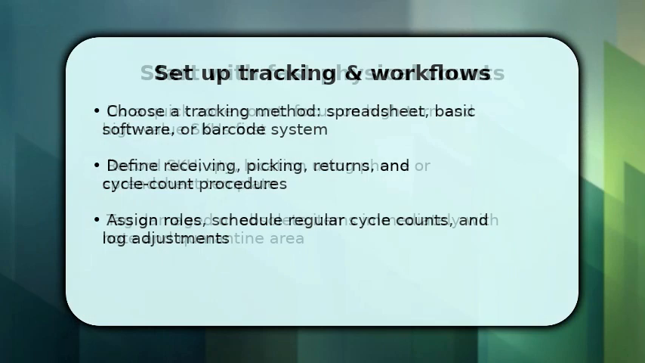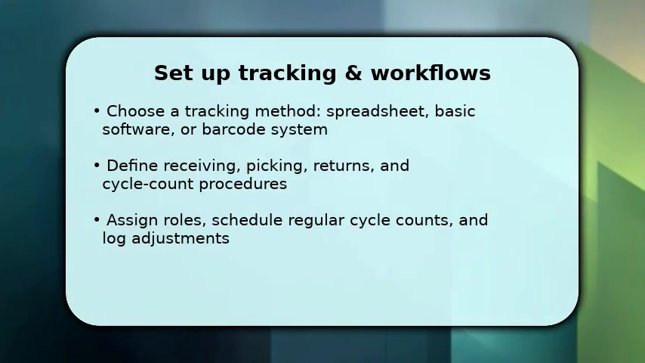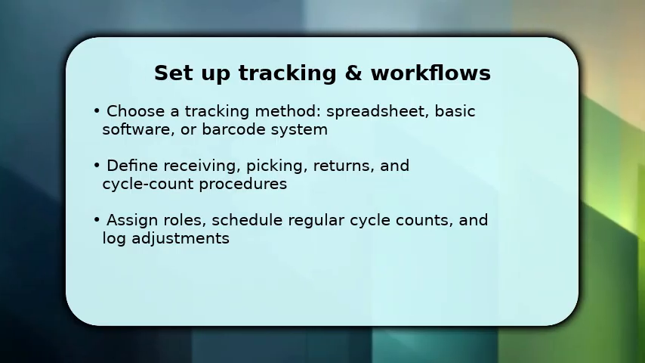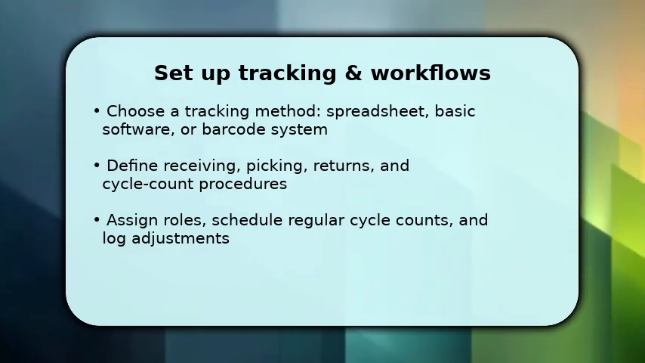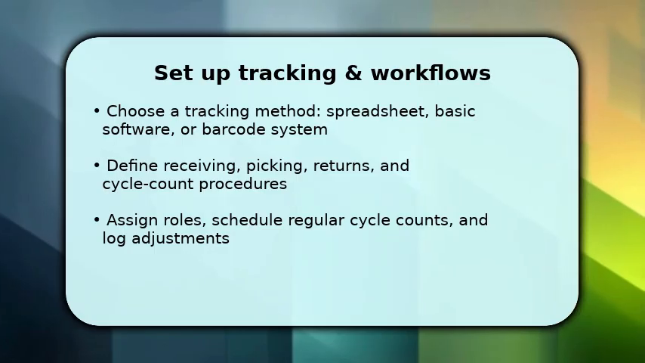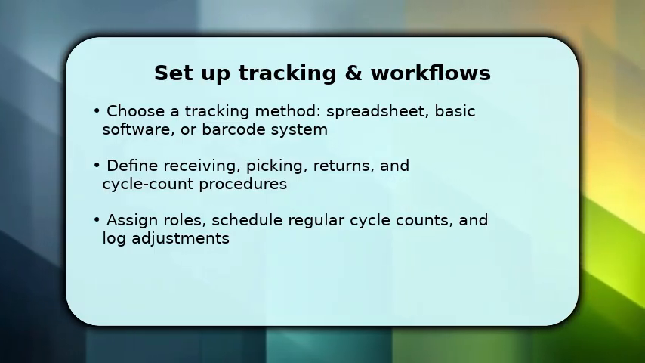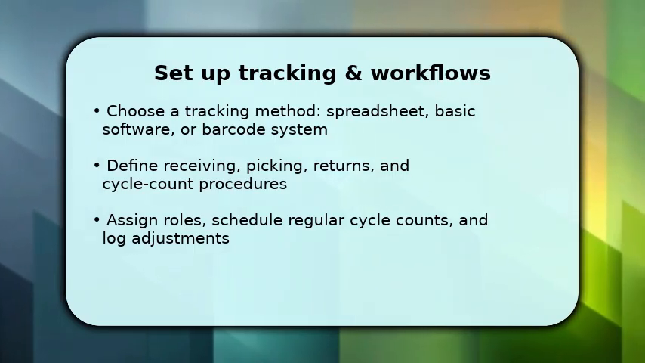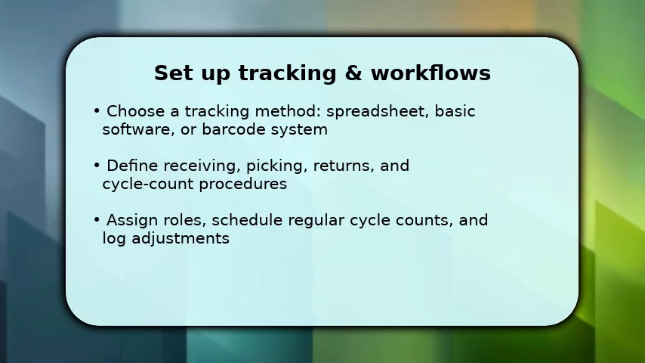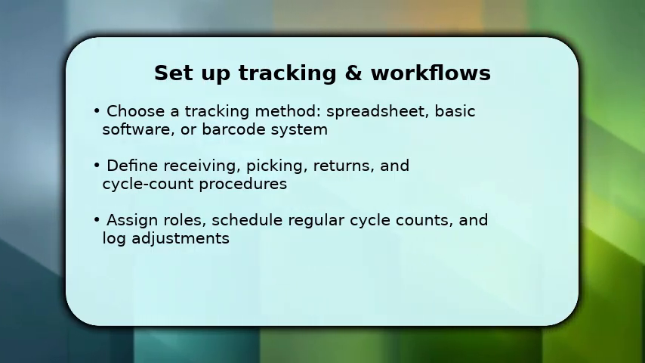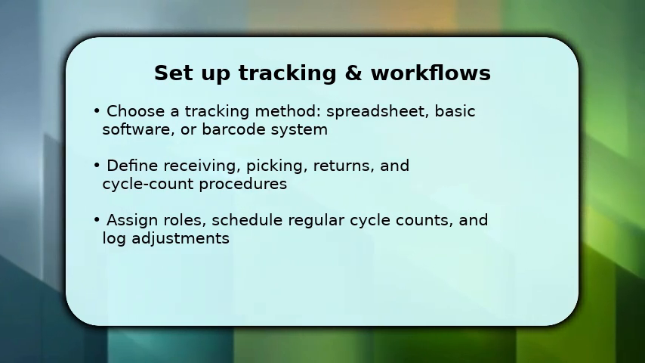Next, set up consistent tracking and workflows so your baseline turns into reliable data. Pick a method that fits your scale: spreadsheet, entry-level software, or a barcode scanner system. Then define clear procedures for receiving, picking, returns, and how to log adjustments. Assign responsibilities so one person owns each step, and schedule regular cycle counts by zone or SKU velocity. Once these processes exist, your counts will stay current and discrepancies shrink, letting you trust the numbers for ordering and